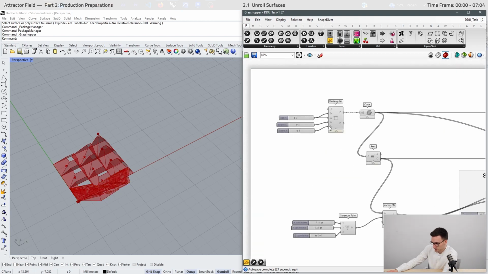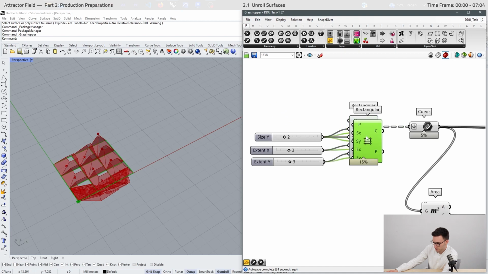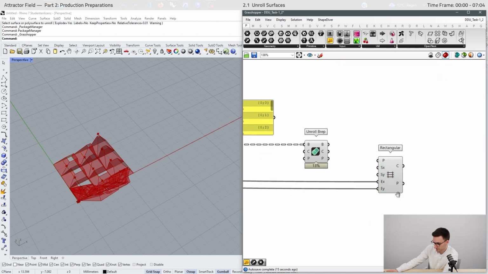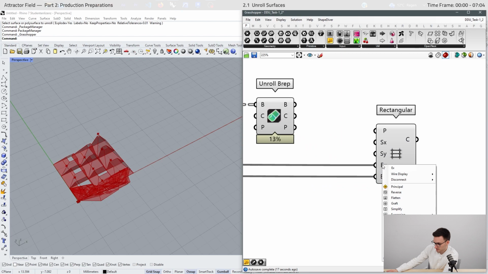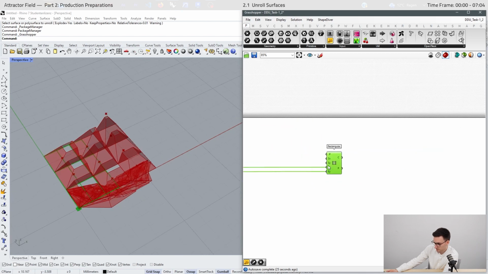We started with the grid, so I will use this component. We can use the extend X and extend Y. So we have our information here. We can right click on the inputs and hide the wires. Okay, here we have a grid.